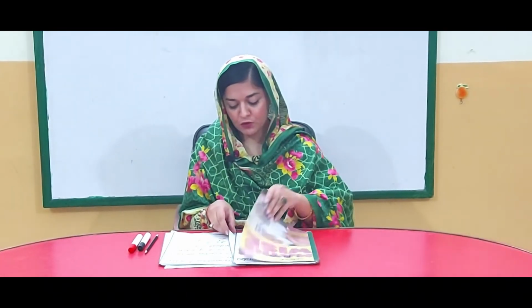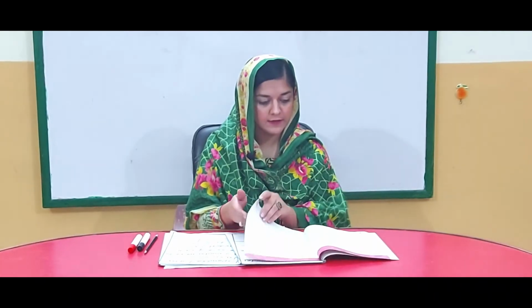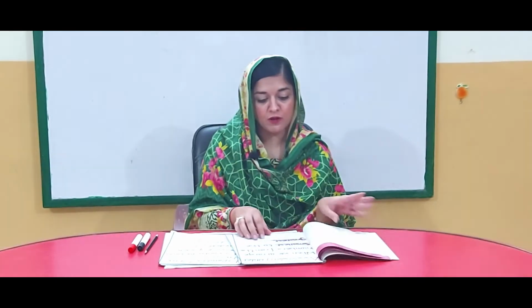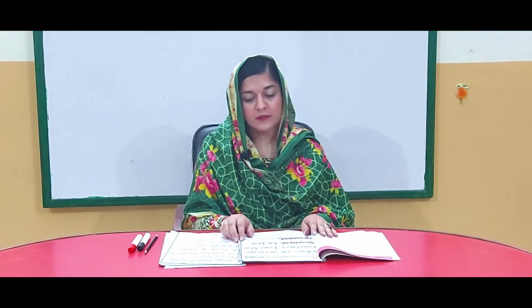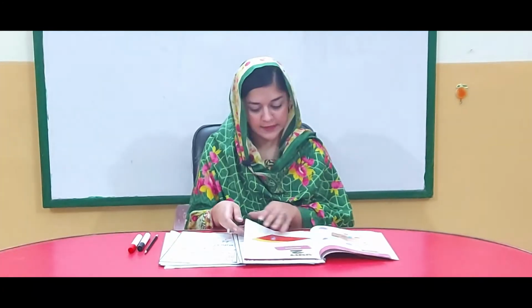I'm your maths teacher, Ma'am Mariam, and today we will start from chapter 2, numbers, and this is your maths book. This is the second video. In the first video we did ordinal numbers and place value, and today we will do expanded form, standard form, ascending order and descending order. So let's get started. Unit 2, numbers, page 19. Let's start with the expanded form.